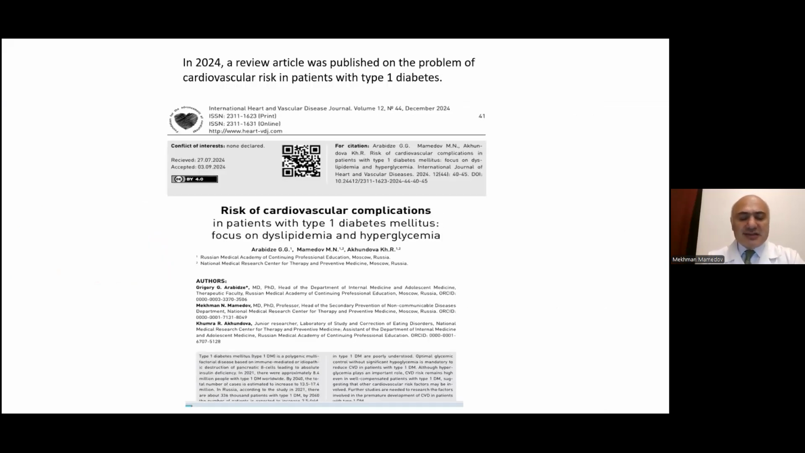Also, in the last year, we published a review article about risk of cardiovascular complications in patients with type 1 diabetes mellitus, with a focus on dyslipidemia and hyperglycemia. You can read the electronic version in the International Heart and Vascular Diseases Journal, volume 12, number 44. This is the December